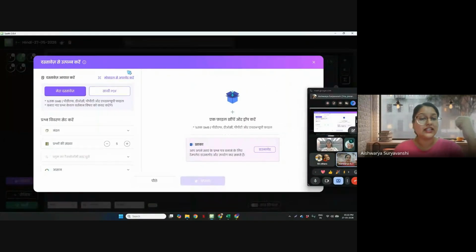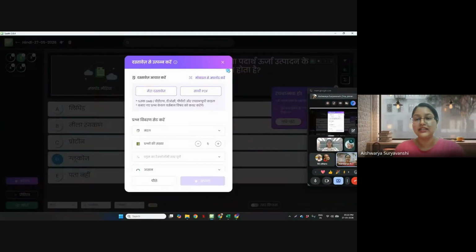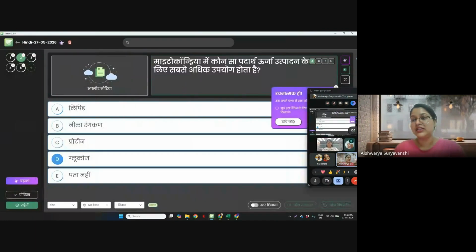In that case, you have this upload from your mobile phone option, so you can simply scan the QR code right from this particular panel, and then you can get the document uploaded. Okay, so this is one.